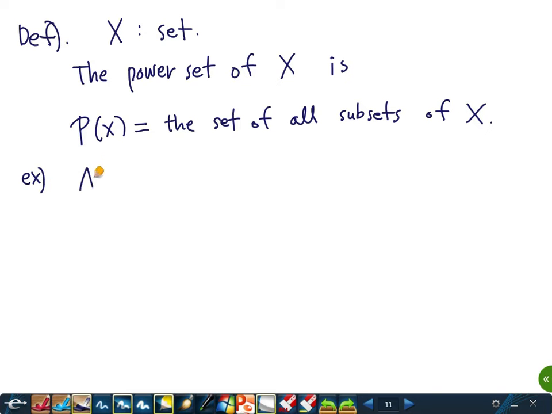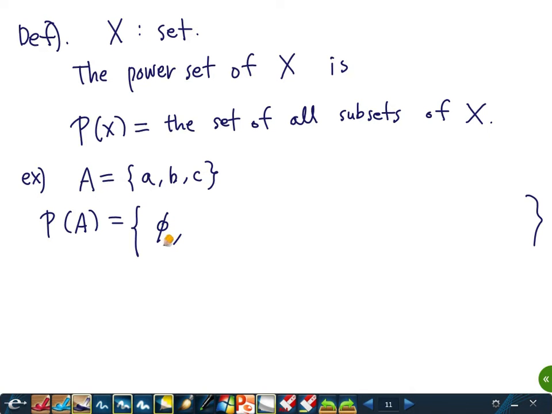If you see an example, it will be clear. Let's say A is a set containing 3 elements, A, B, and C. What is the power set of A? So it's a set of something, so it's going to be something like this. We have to write the elements of this power set inside this curly brace. So can you tell me subsets of A? Yeah, empty set is always a subset of anything. And {a}, {b}, {c}, {a, b}, {b, c},